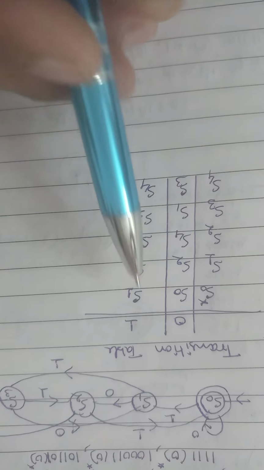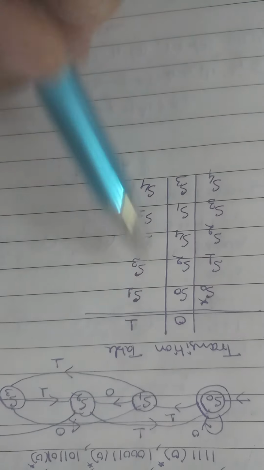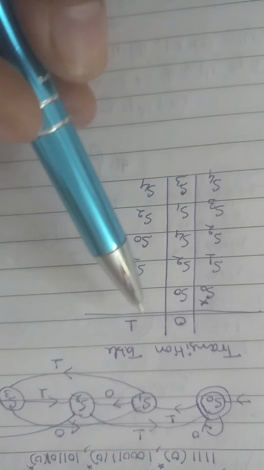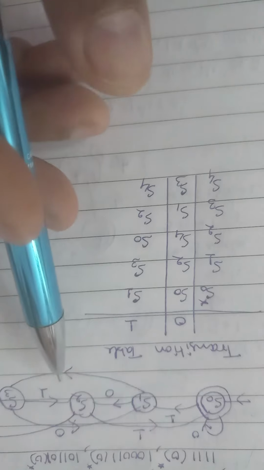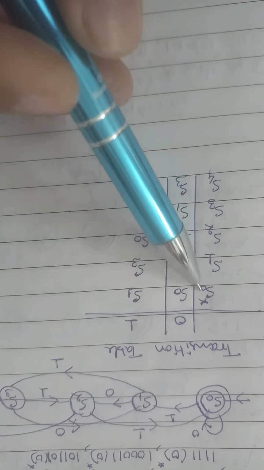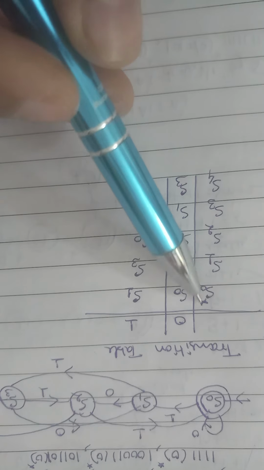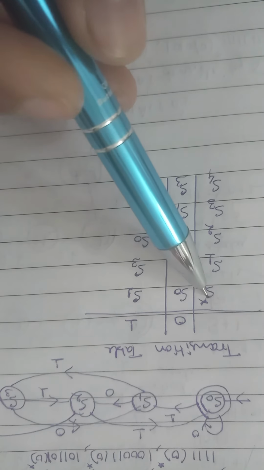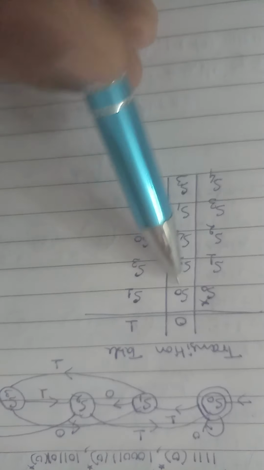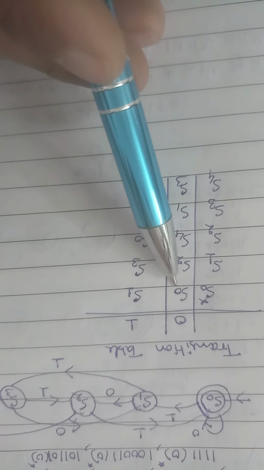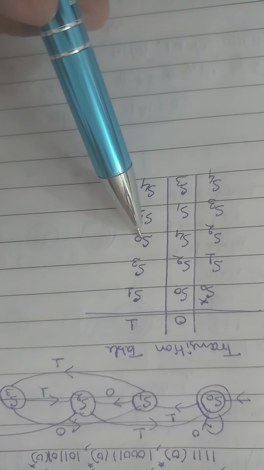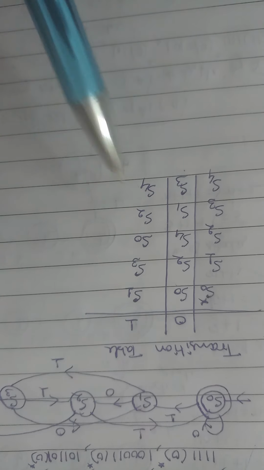So in that way our transition table is complete from this diagram. So we can clearly see how we can write the transition table easily instead of that diagram. So we start with S0, the initial state, and we mark it with a star because it's the initial state, and whatever transition we are going from 0 or 1, we can clearly see from S0, S1, S2, S3, S4, and again S0, S1, S2, S3, S4.